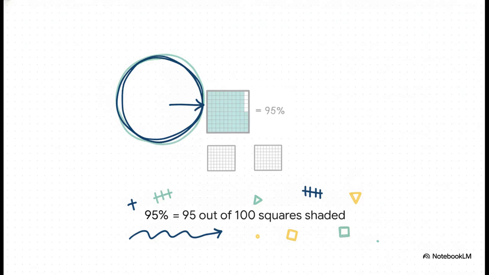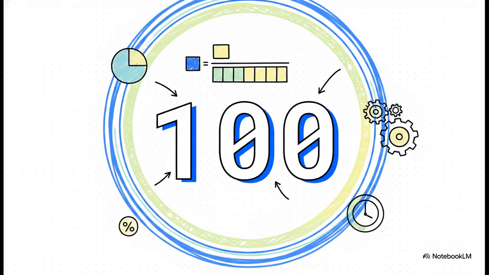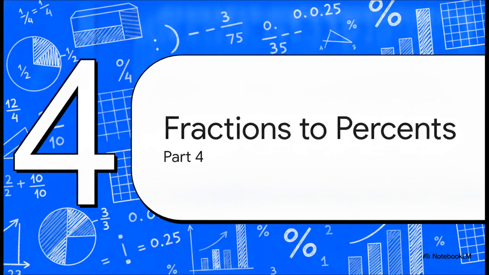On a grid that contains exactly 100 little squares, you can clearly see the whole is always 100. If 95 of those squares are shaded in, that is quite literally 95 per 100, or 95%. I really want to brand this number into your brain, 100. Whenever you are dealing with percents, 100 is your magic number. It's the universal whole that grounds absolutely everything we are going to do next. If you remember nothing else from this explainer, remember that percent means part over 100, which perfectly tees up section 4,